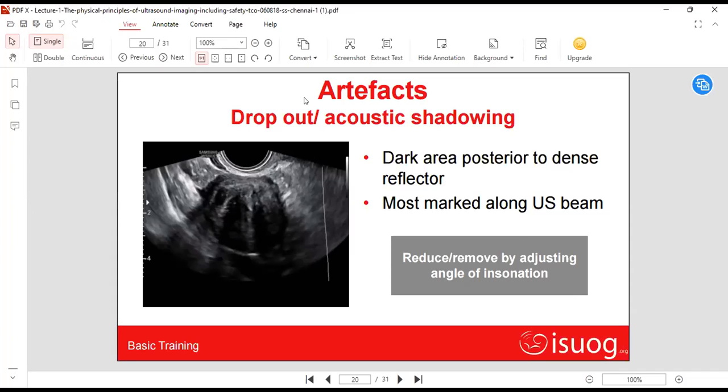Like in gynecological examination, we study a dermoid. Now a dermoid, because it has all kinds of tissue, it also has bone and hair, will definitely cast a dense shadow behind it, which is characteristic. Once we see a dermoid, we know how it looks. Because of the acoustic shadow, we will be able to diagnose this. Sometimes we also diagnose cancerous solid tissue with this artifact. So sometimes it is of diagnostic use. Next slide, please.